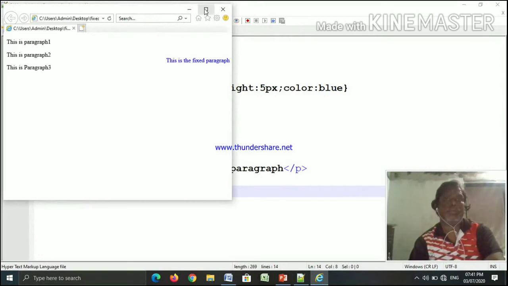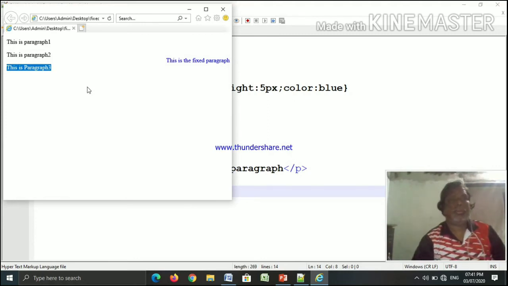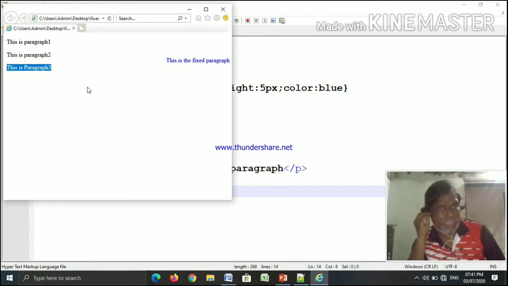and now see the output. You can see this is a paragraph 1, okay, this is a paragraph 2, and this is a paragraph 3. Okay, now one more paragraph we have used in our program which contains, this is the fixed paragraph.